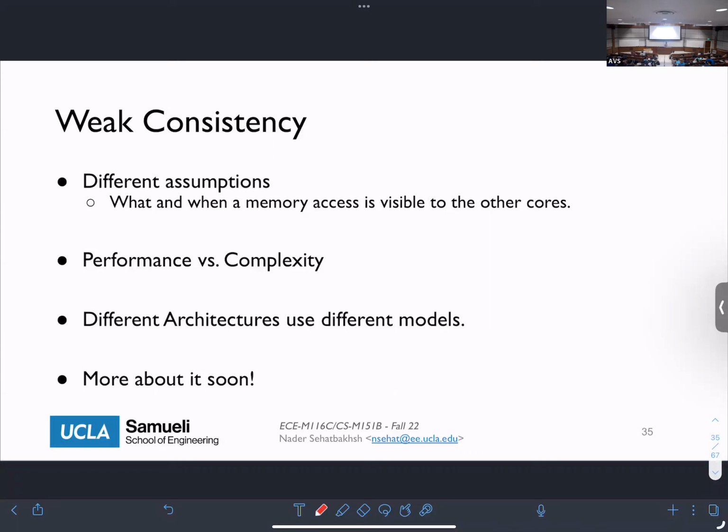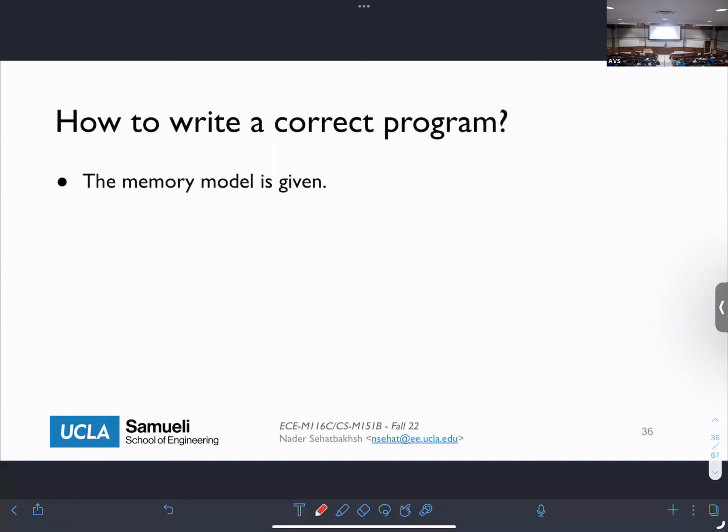But before that, I want to talk about the timing issue and how we actually synchronize these cores together. Any questions? All right. So now that we know this, let's see what needs to be done on the programmer side and how we can help the programmer fix this issue. First of all, the programmer needs to know what the memory model is. Okay, so the programmer needs to know what the underlying hardware is and what the memory model of that underlying hardware is.